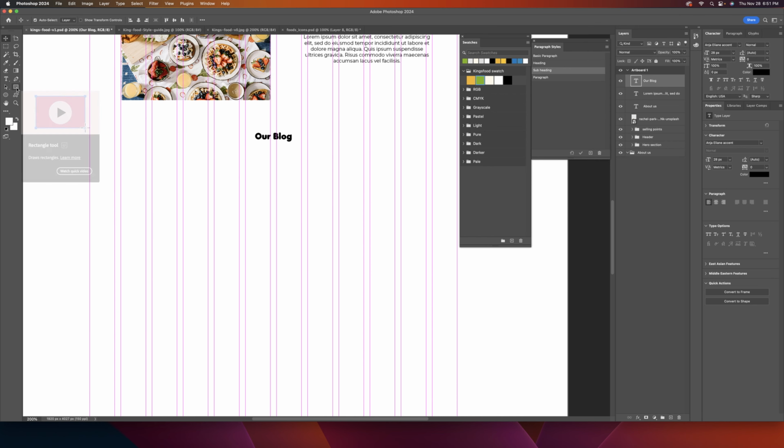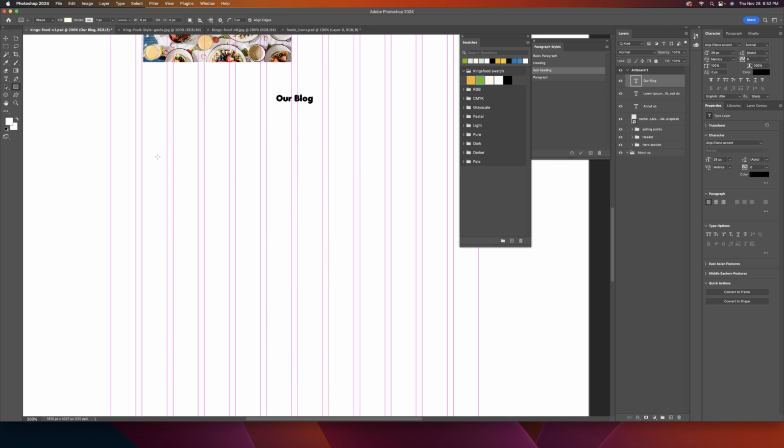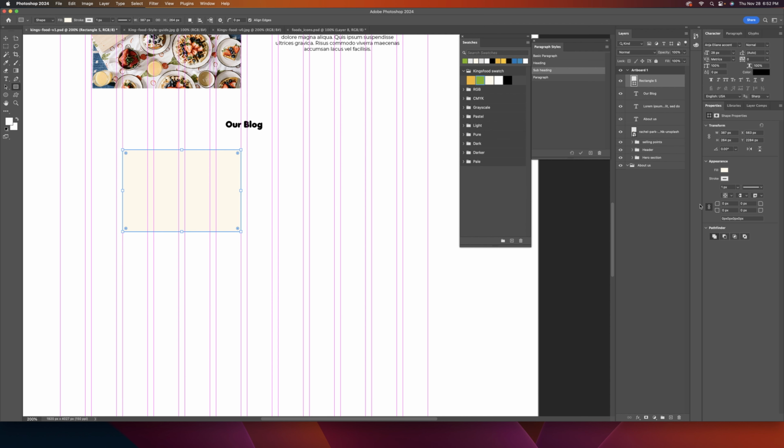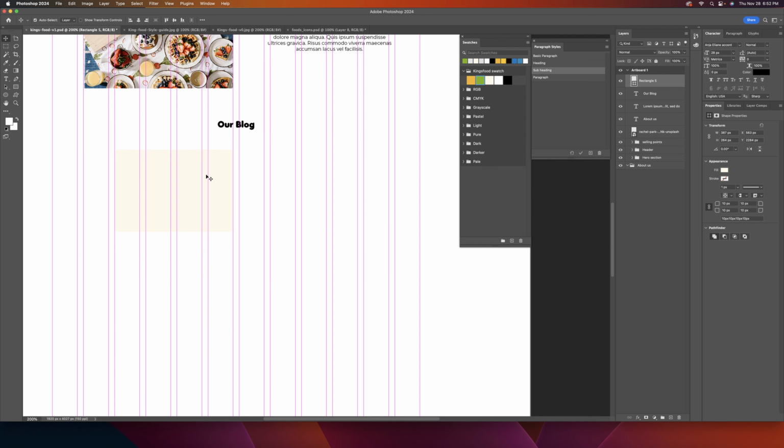And then we're going to create a rectangle here, approximately the size, and we're going to have a rounded edge rectangle which is around 10 pixels. This is great. We don't need any stroke, so we're going to get rid of the stroke. Okay. And now we are going to bring in,